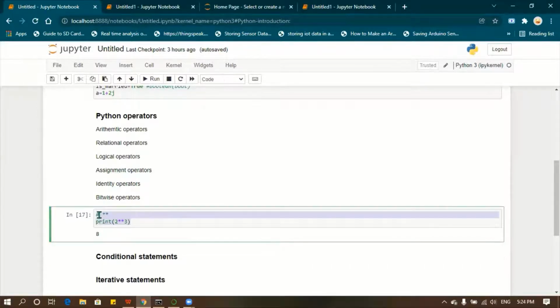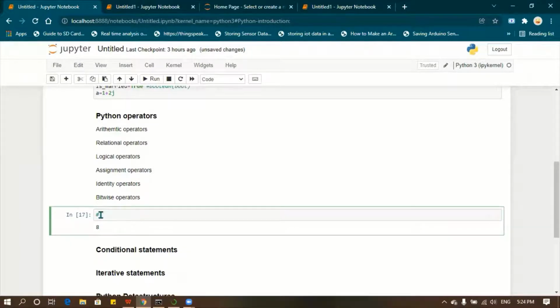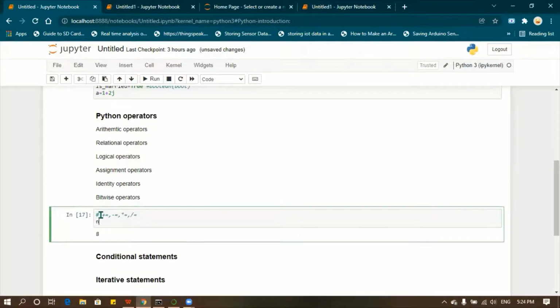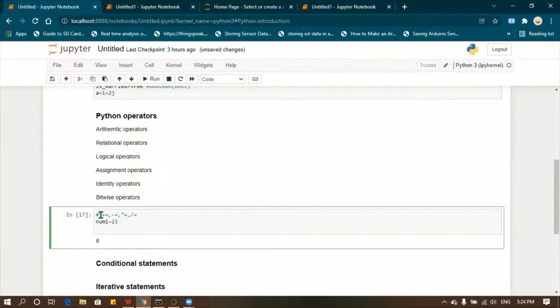So now for the assignment operators. The assignment operators are plus equal, minus equal, star equal, slash equal, and so on. So again, number 1 equal to 23. I want to add some value to number 1 and store that back into number 1.